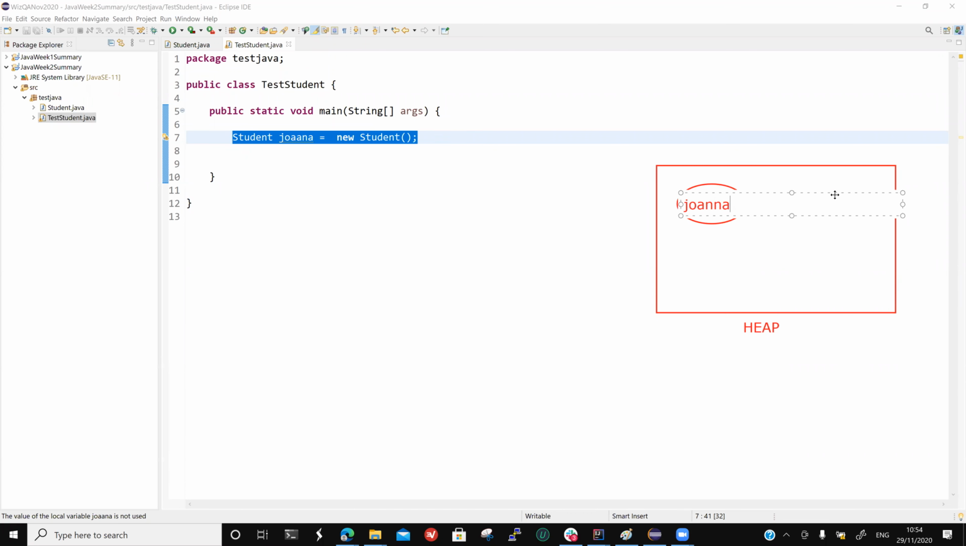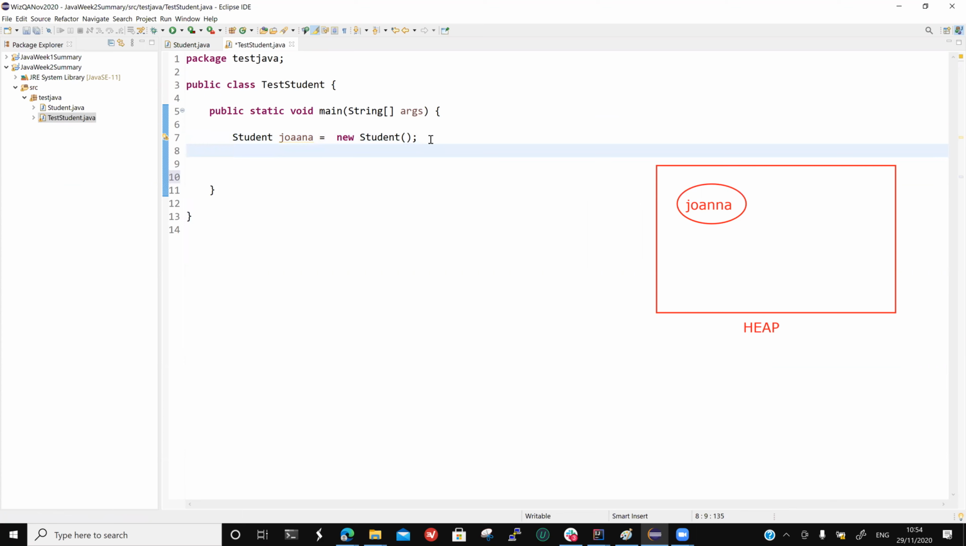This object that I've created is assigned to a particular location in the JVM, which is in the heap memory. It has its own location, and it is right now ready to store some data. Just by writing this line, I have not added any data into the object Joanna. But if I just do this, if I say Joanna